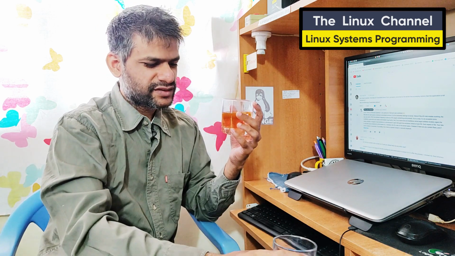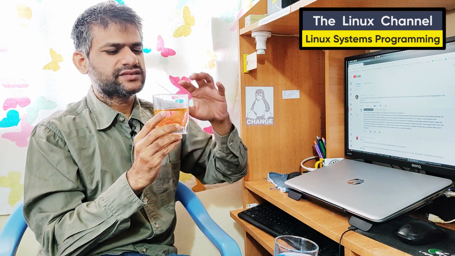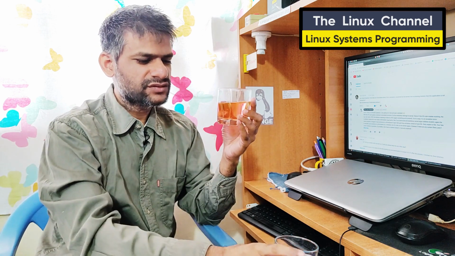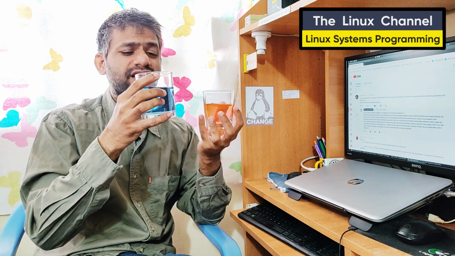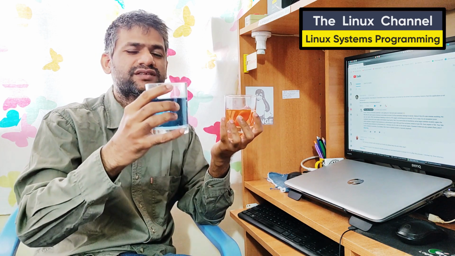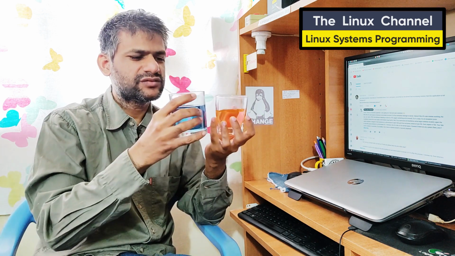This address space, whatever you get in this process, is actually created by the Linux kernel. It is what creates this address space and provides this environment as a platform, which is why we call an operating system a platform. As a platform, the kernel provides that so that the process can run. So the water in this container, you can imagine, is the process address space. If you have two processes, both have their own address space. This is its address space, this is its own address space. There is no question of mixing it.